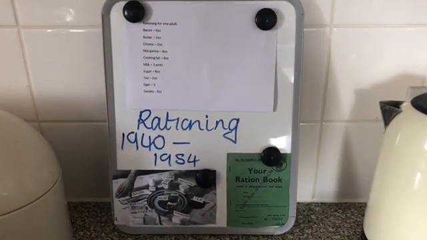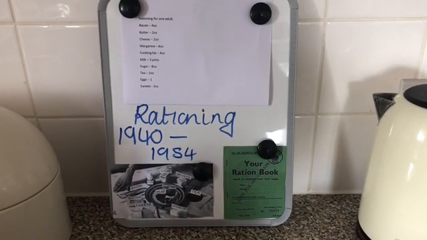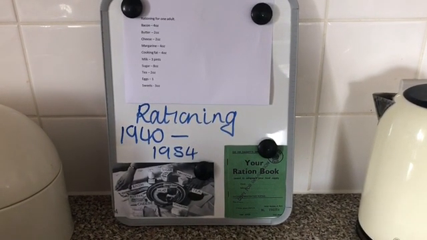Today we're going to follow on from what Mrs. McGuinness was doing yesterday with the weighing. Today we're going to be looking at rationing and how much of each item that was rationed that each person could have. Right, so firstly, each person was given a certain amount of food.